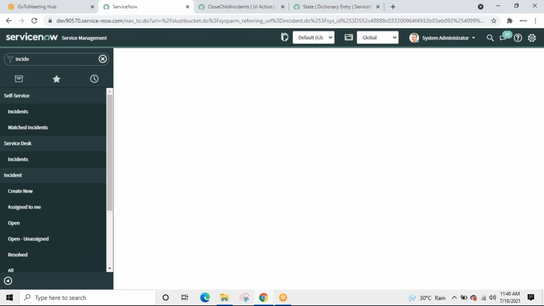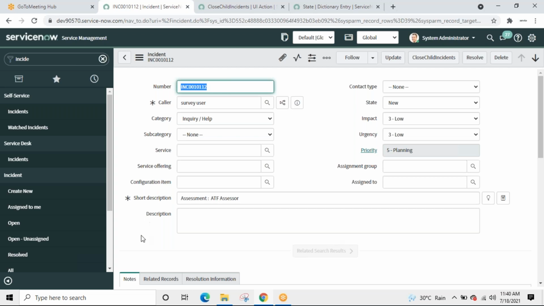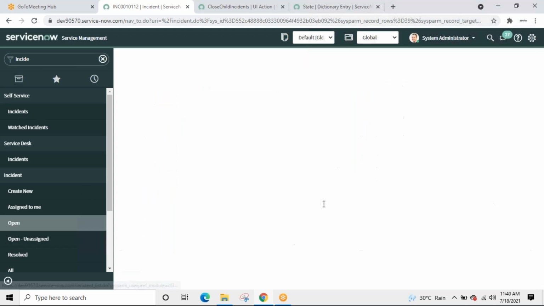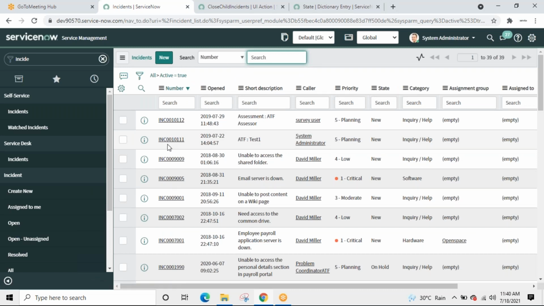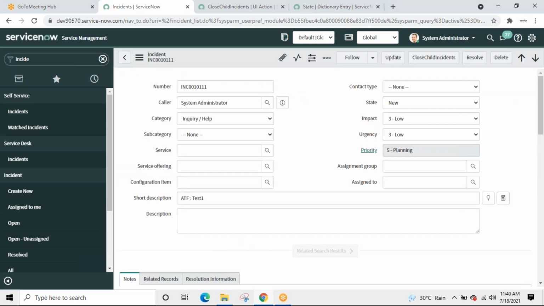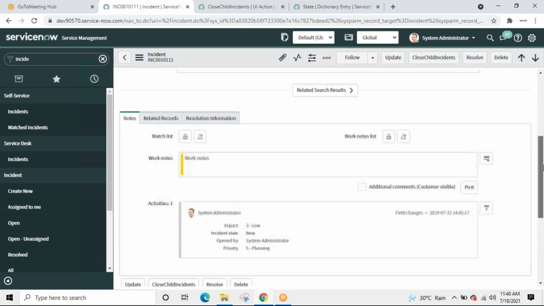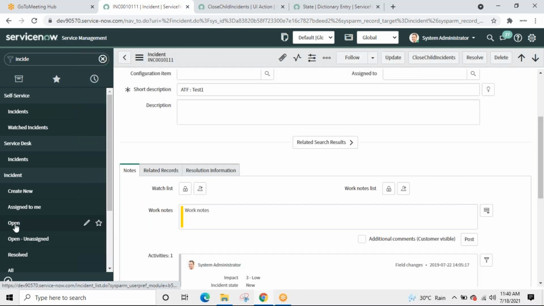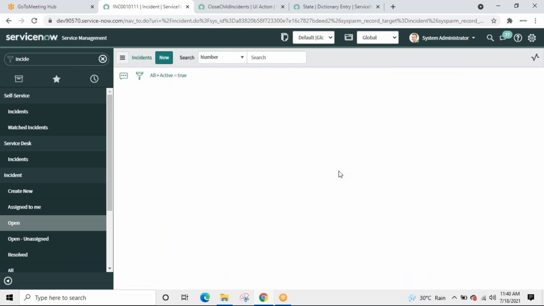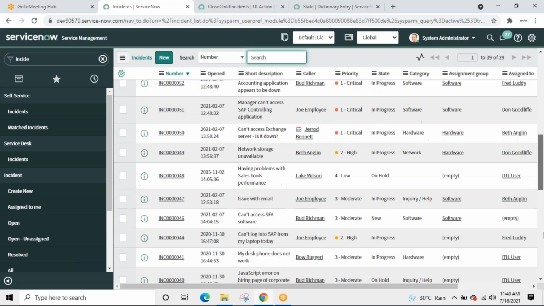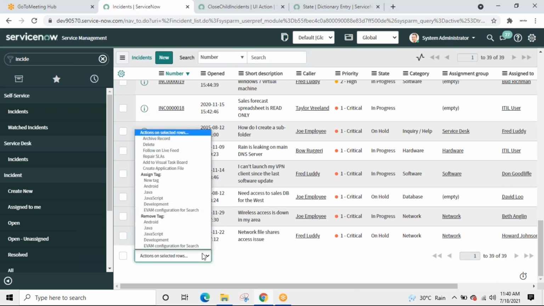If I open any other incident, like this, and if I go over here to the bottom, no. What else do we have?